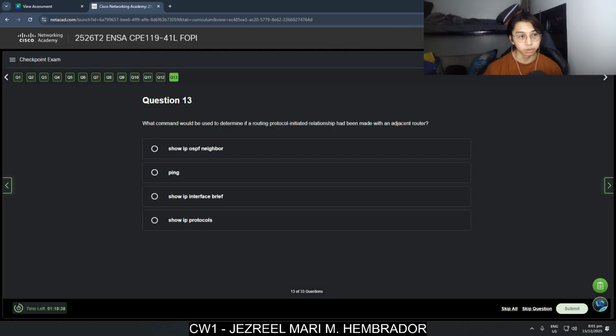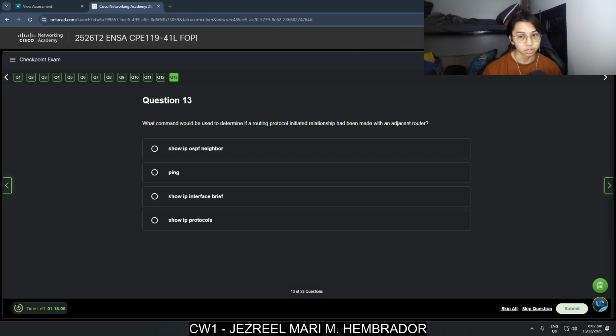What command would be used to determine if a routing protocol initiated relationship had been made with an adjacent router? Show IP OSPF neighbor, ping, show IP interface brief, show IP protocols.